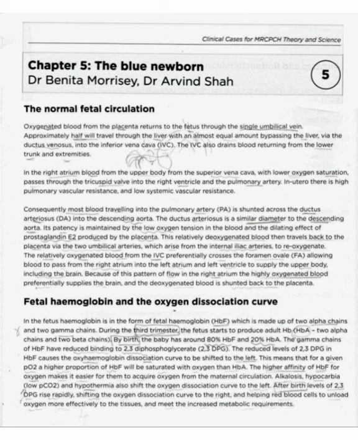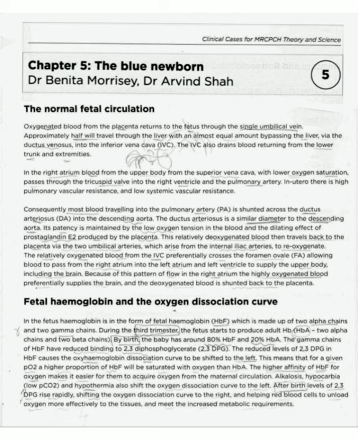The gamma chains of hemoglobin F have reduced binding to 2,3-diphosphoglycerate, 2,3-DPG. The reduced level of 2,3-DPG in hemoglobin F causes the oxyhemoglobin dissociation curve to be shifted to the left. This means that for a given partial pressure of oxygen, a higher proportion of hemoglobin F will be saturated with oxygen than hemoglobin A. The higher affinity of hemoglobin F for oxygen makes it easier for the fetus to acquire oxygen from the maternal circulation.